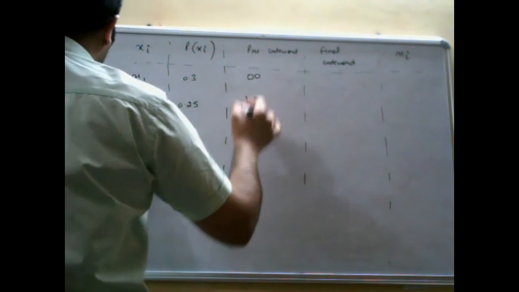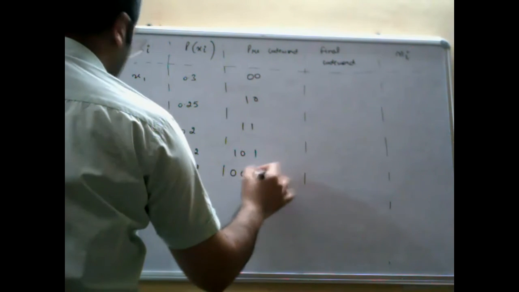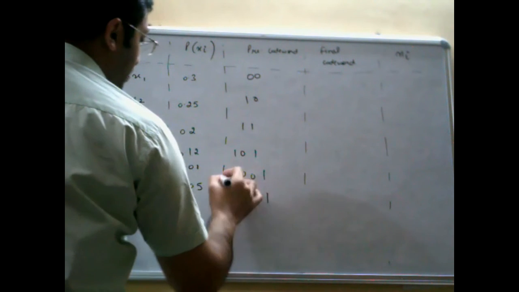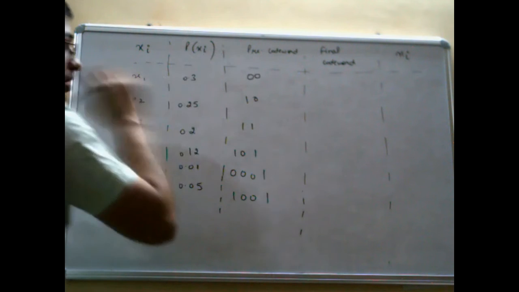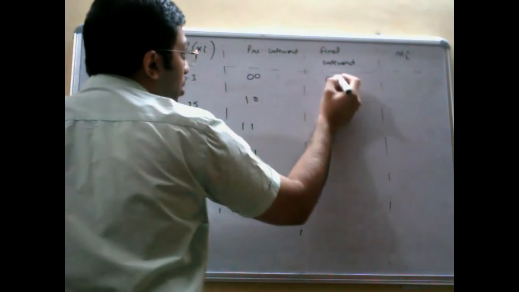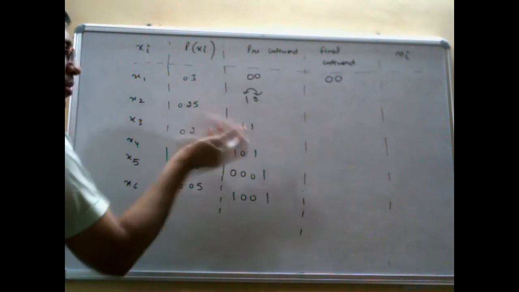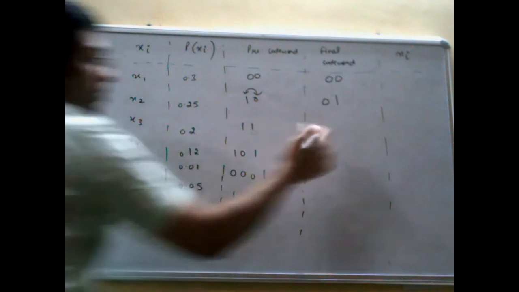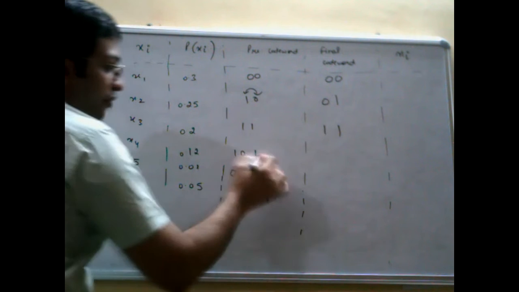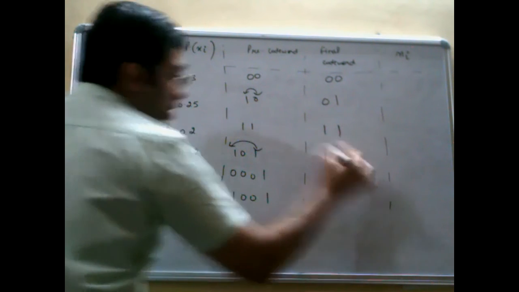What were the preliminary code words? 00, 10, 11, 101, 0001, 1001. Okay. Now, how to obtain the final code words? You will take the mirror image of this. 00, if you take the mirror image, you are again going to get 00 only. 10, you interchange these two. 0 will come here, 1 will come here. That is the mirror image. 11, mirror image will be 11. Okay. 101, these two will be replaced. Center one will be as such. So it is going to be 101 only.